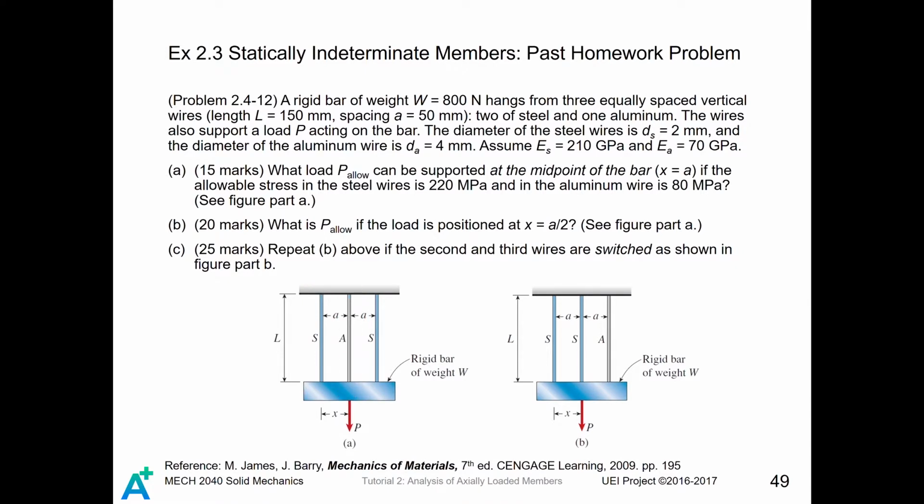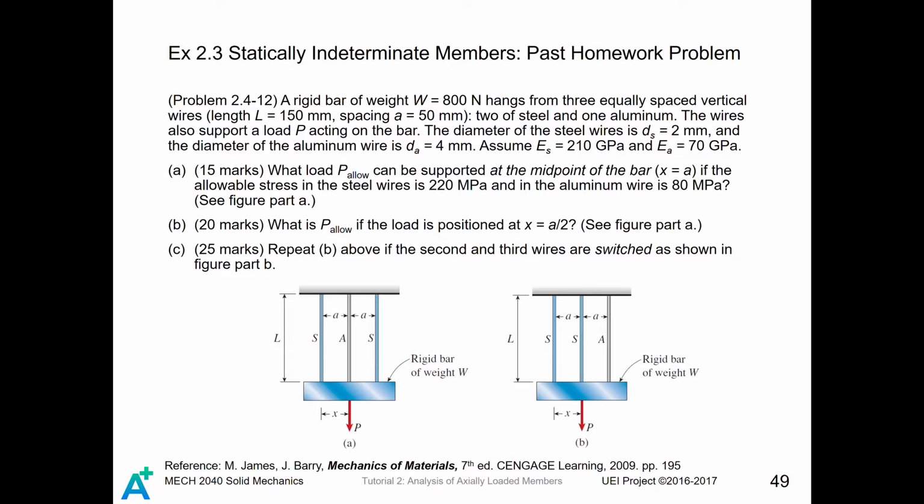The wires also support a load P acting on the bar. The diameter of the steel wires is 2 mm and the diameter of the aluminum wire is 4 mm. It is given that the Young's modulus of steel is 210 gigapascal, while the Young's modulus of aluminum is 70